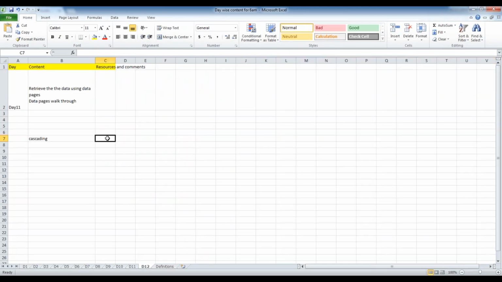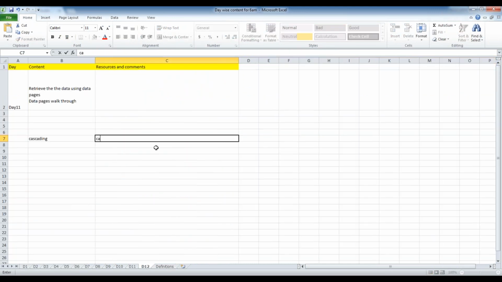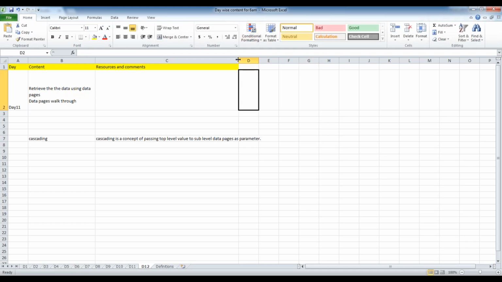So cascading is the concept of passing the top level value to the sub level data pages as a parameter. So you can directly go for any level. So here we have 3 levels. We went for 3 levels.